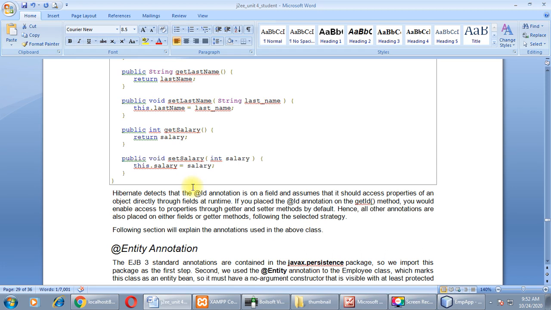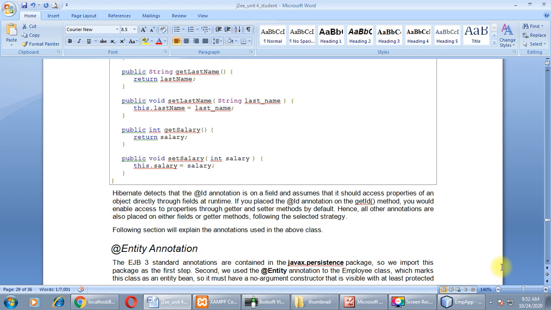Hibernate detects that the @Id annotation is on a field and assumes that it should access properties of an object directly through fields at runtime. If you place the @Id annotation on the getId method, you would enable access to properties through getter and setter methods by default.